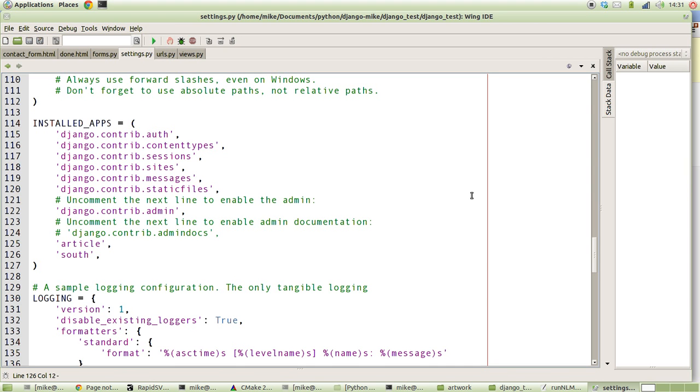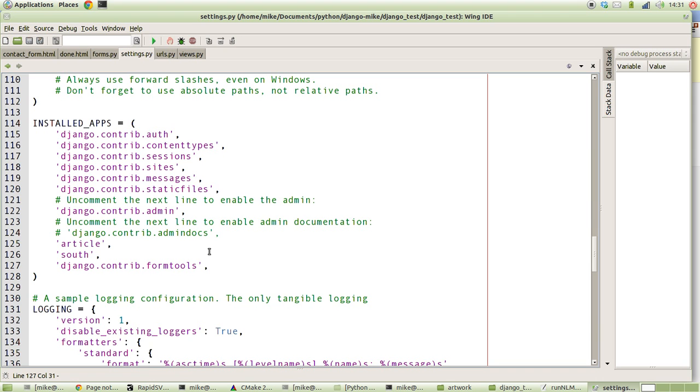So the first thing we need to do is open our settings.py file for the project, and we're just going to add in the installed apps section the path or the module for the form wizard. And you'll find that that's in django.contrib.formtools, and obviously there's a few other things in there that you might want to investigate if you get time. Just do a quick Google and you'll get to know what else is inside that module, but the one we're interested in is